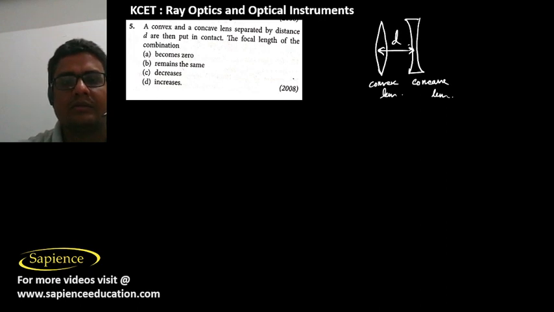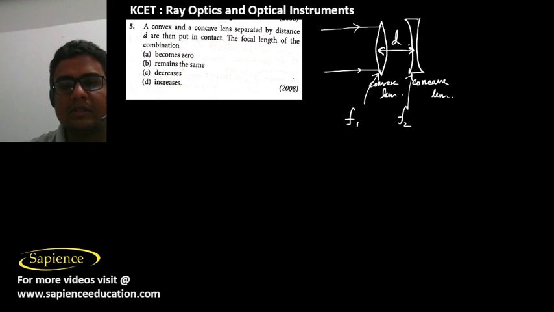Two lenses separated by a distance d are then put in contact. The focal length of the combination will decrease or remain the same. What will happen? Suppose the focal length of this convex lens is f1, the focal length of this concave lens is f2, then if a parallel beam is incident on the convex lens,